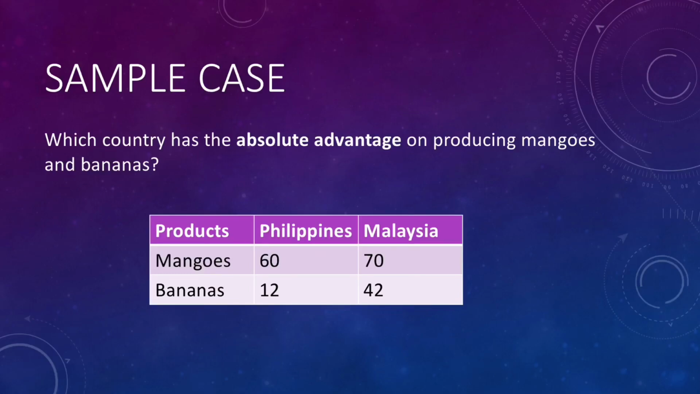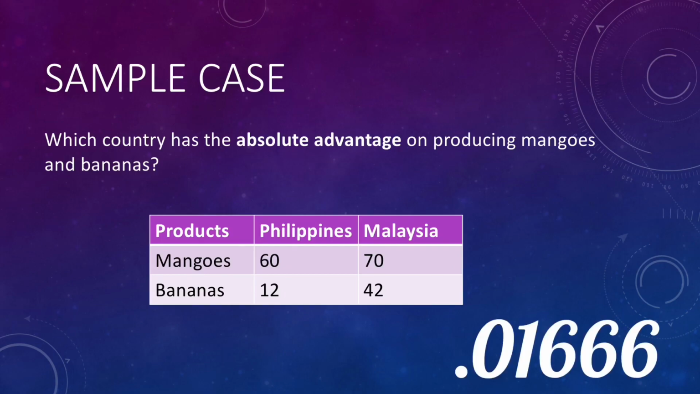Which country has the absolute advantage? We can look at the input. In this case, the relevant input is only labor hour. The country which has the absolute advantage is one who can produce a lot given the limited resource. For 1 labor hour in the Philippines, 60 mangoes can be produced. That would translate to